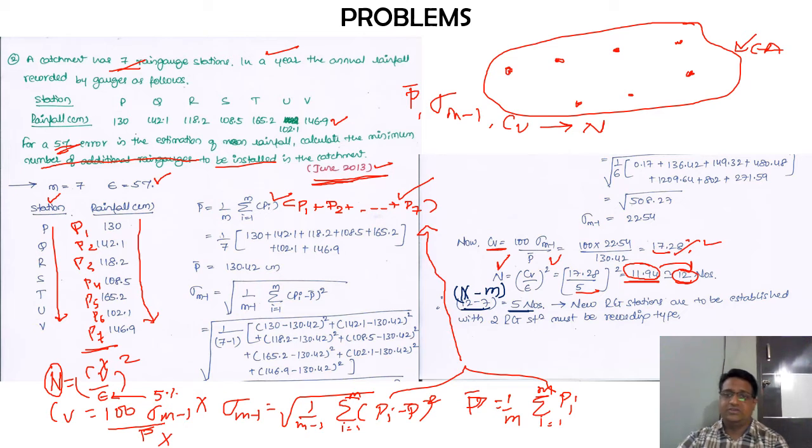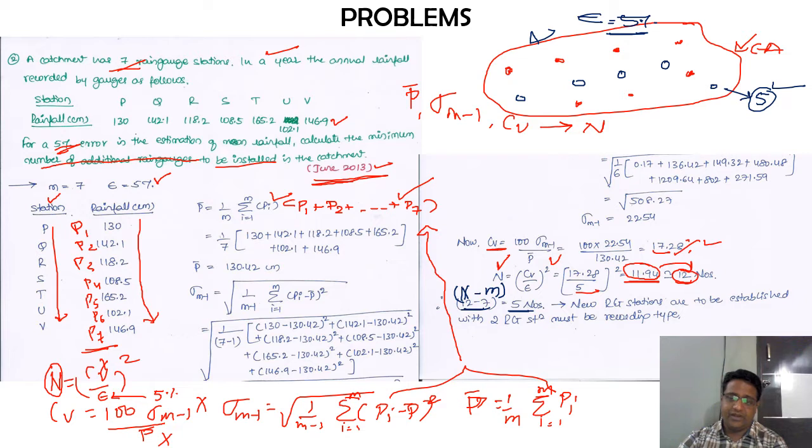The same thing if I try to draw it over here, 1, let us say 2, 3, 4, 5. So this blue colored one, 5 is what we have installed. So 5 new rain gauge stations are to be installed in this catchment area to make sure that the percentage error in the collection of rainfall data will be limited to only 5%.